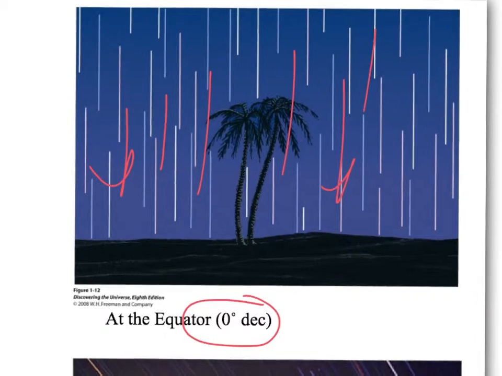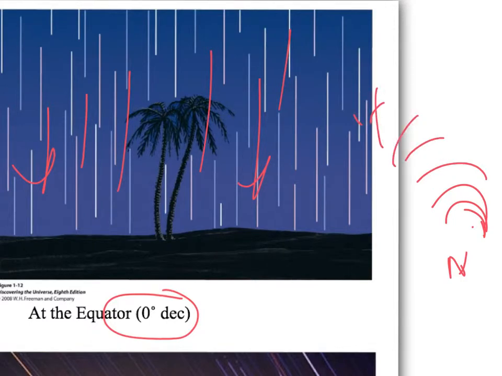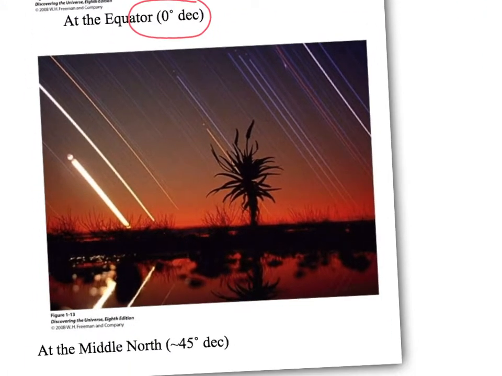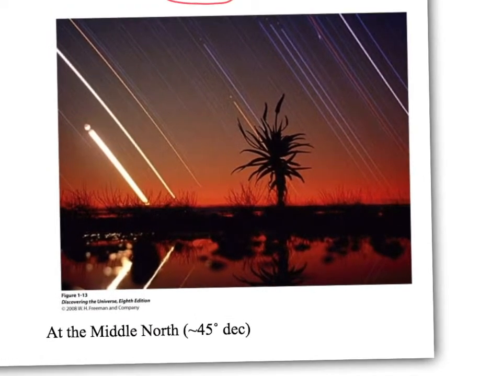To emphasize what I was trying to say, if we were to look over here towards the north, this is Polaris, and you'd see little arches that would get more and more straight. So the last scenario I want to mention is 45 degrees north latitude, which might be where you are. Basically, what you're looking at is how star trails would look if you're looking due west.